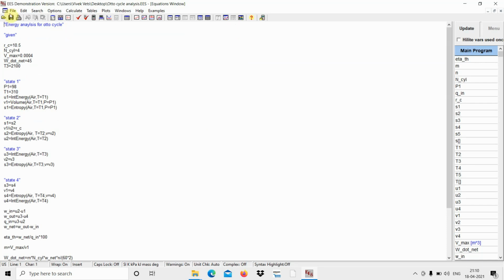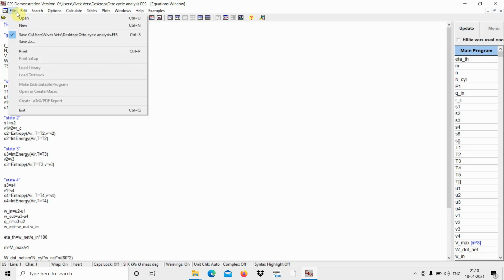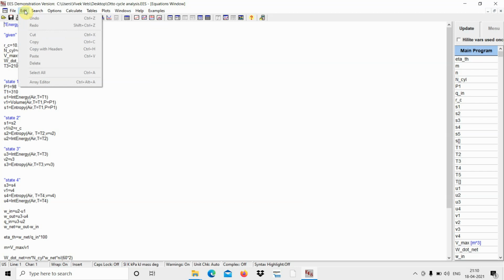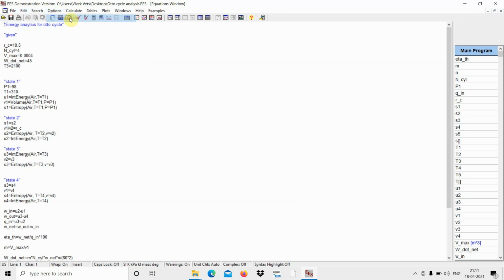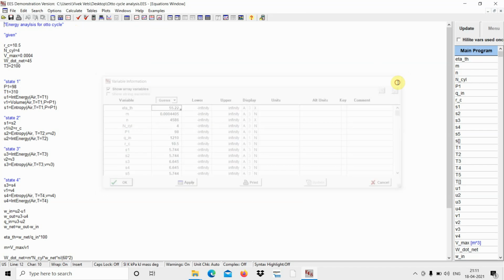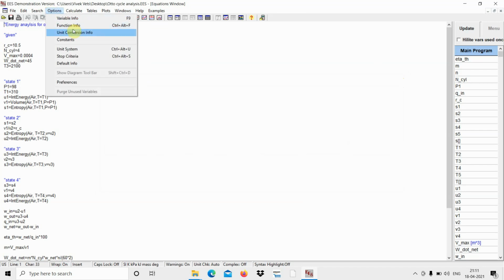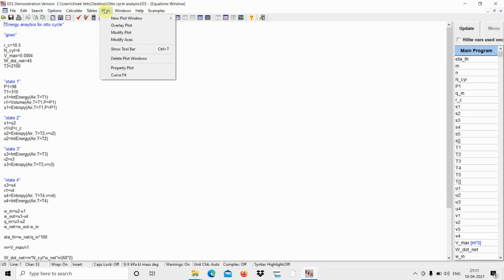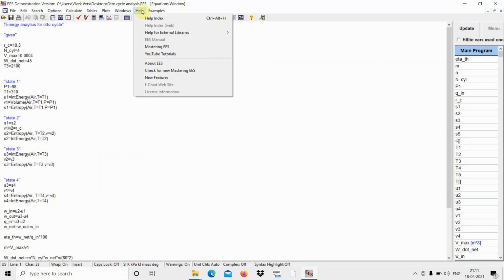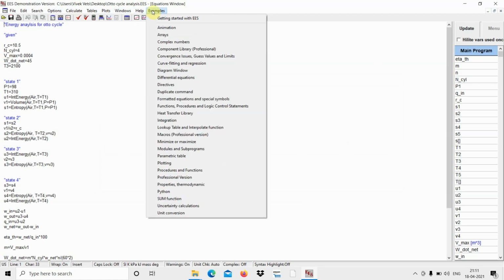There are certain options like File, where you have basic options like Open and New, as you use in Excel and PowerPoint also. Edit, Search options, Variable functions, Unit conversion, Constants, Stop criterion, Default preference, Calculate, Tables, Plots for plotting graphs, Windows, Help, and Examples.